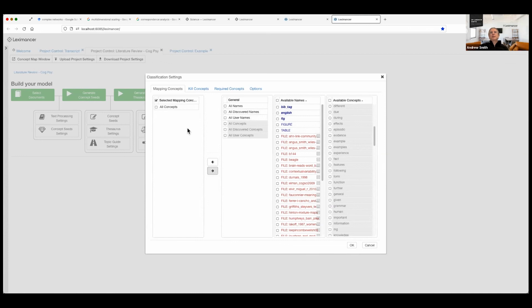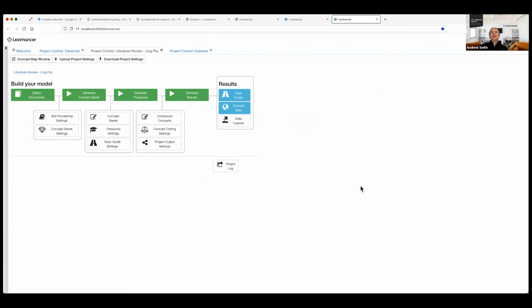So it's really the way we design the tool for removing things that you don't want in a particular map: take them out of the mapping concepts list. Now, I agree that if you regularly are doing it again and again, and you keep finding the same things that you would like removed, you could then go to the trouble of putting them in the stop list.